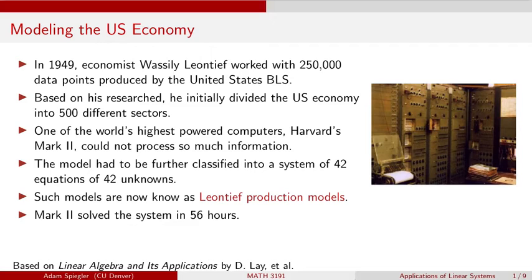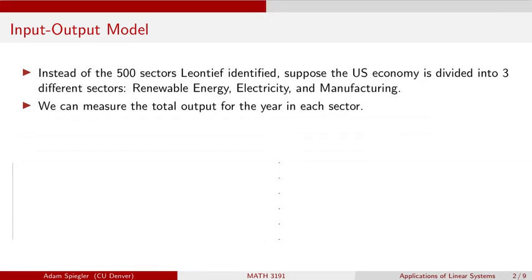And people have been working with linear systems of thousands and thousands of equations and unknowns. So Leontief's model was a little bit oversimplified due to some of the technology constraints that he was working with at that time. Okay, so to get a sense of how the input-output model works, let's simplify the 500 sectors